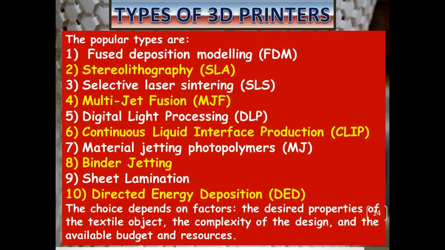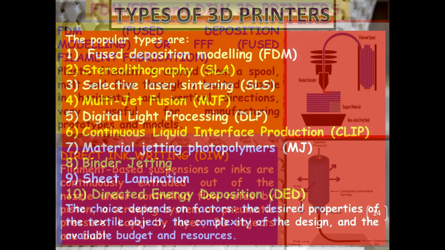Types of 3D printers. The popular types are fused deposition modeling (FDM), stereolithography (SLA), selective laser sintering (SLS), multi-jet fusion (MJF), digital light processing (DLP), continuous liquid interface production (CLIP), material jetting photopolymers (MJ), binder jetting, sheet lamination, directed energy deposition (DED). The choice depends on factors: the desired properties of the textile object, the complexity of the design, and the available